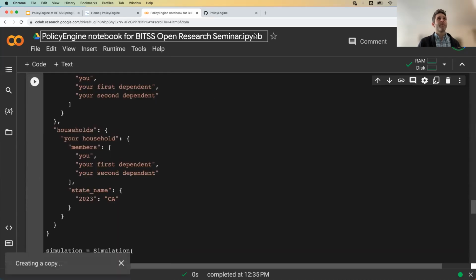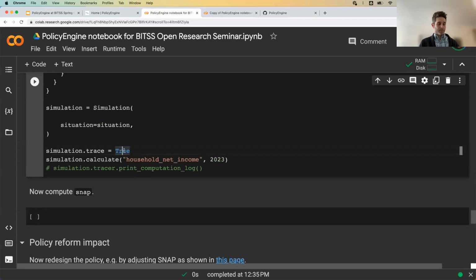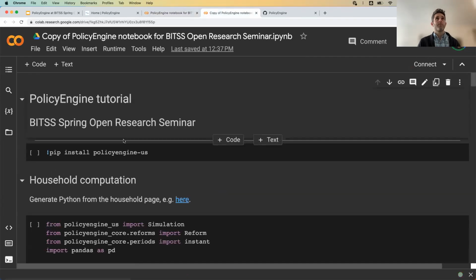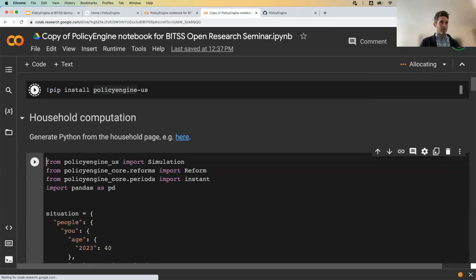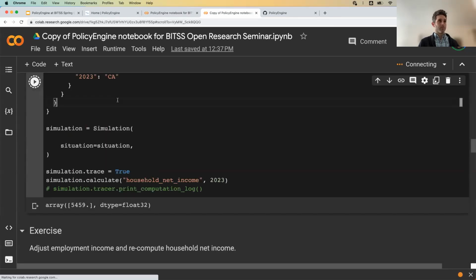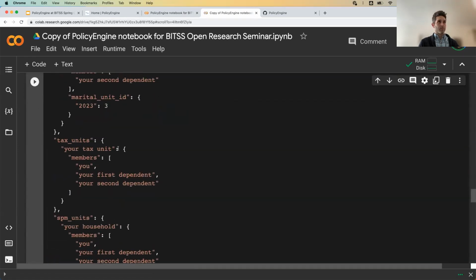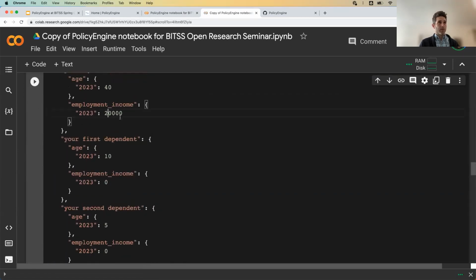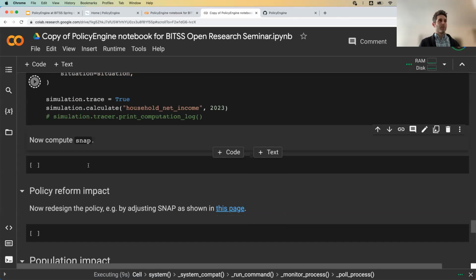So for 30K, I would just adjust this number here, and we will see what the SNAP is.